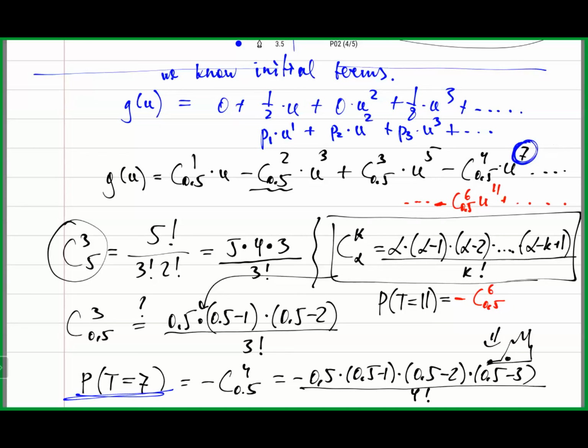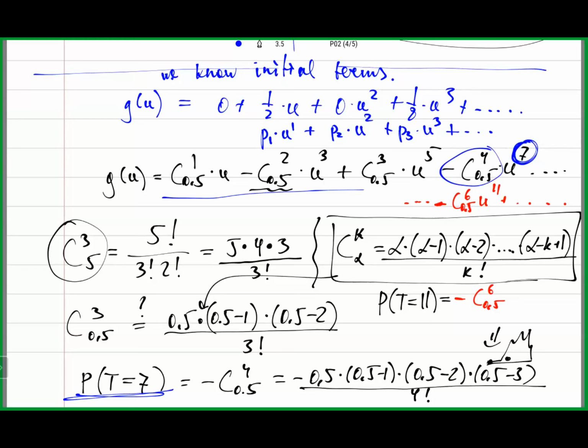I need the coefficient before u to the power 7, and it is this guy. Okay, and for finding probability of t equal to 123, we try to analytically see what's binomial coefficient for u